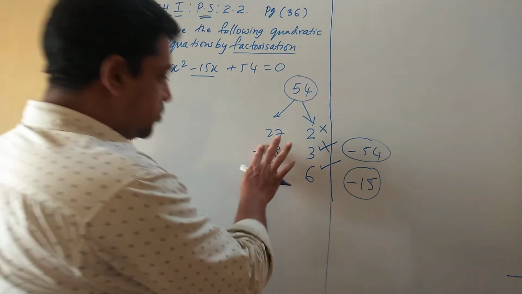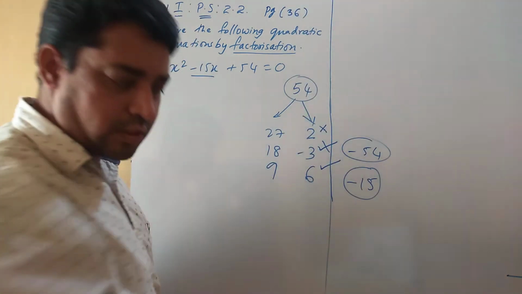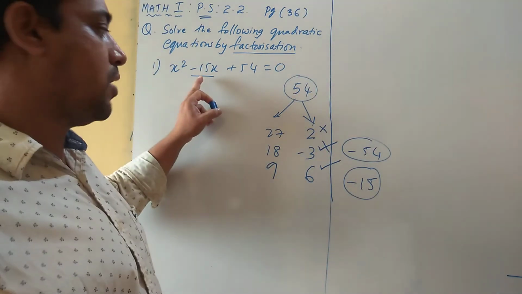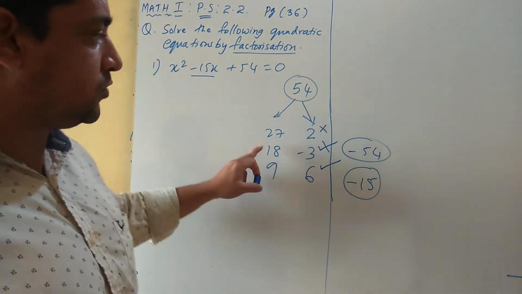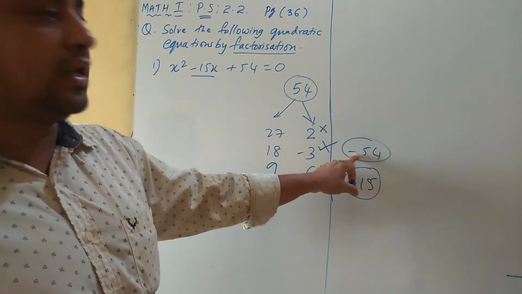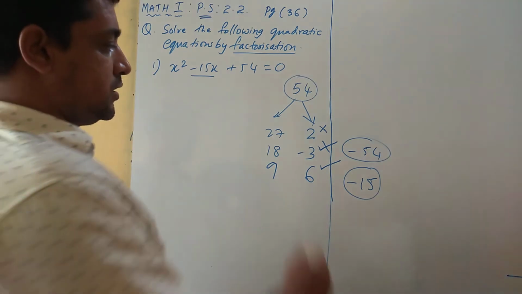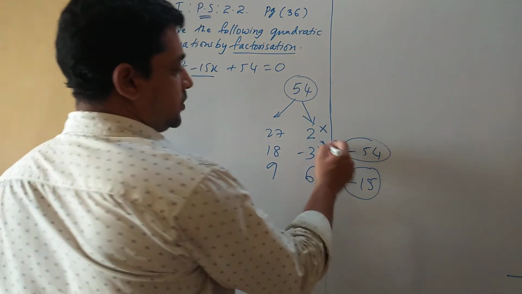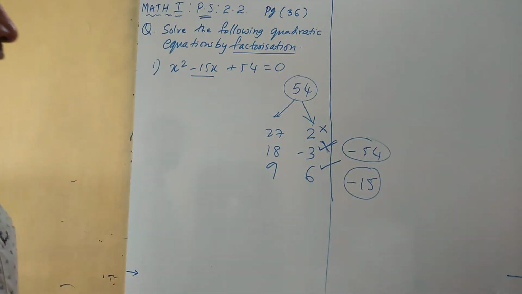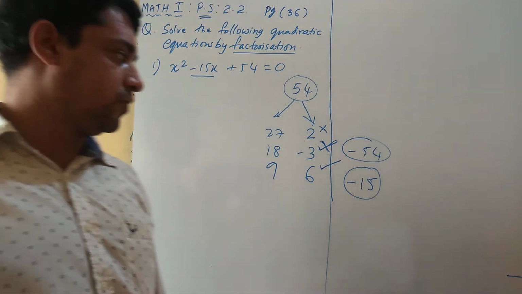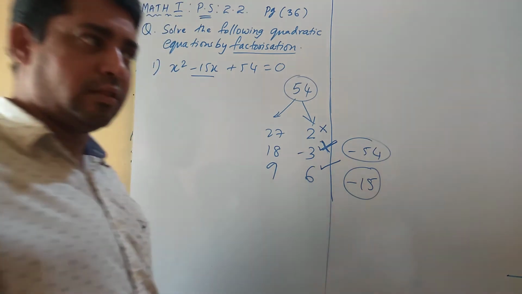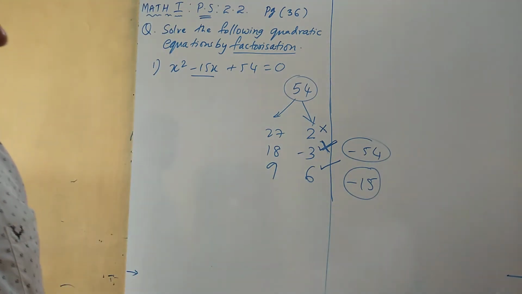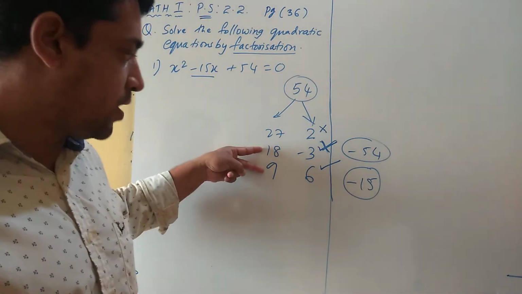If I take negative signs, you might say, sir, take 3 as negative. Okay, no problem. I am getting 15. But I am not getting minus 15. Plus I am getting again minus 54. That means this is not the correct solution. We don't need negative 54. We want positive 54. So that means again this is not a correct pair. Is it clear? This is how we'll have to check when we have more than one pair.